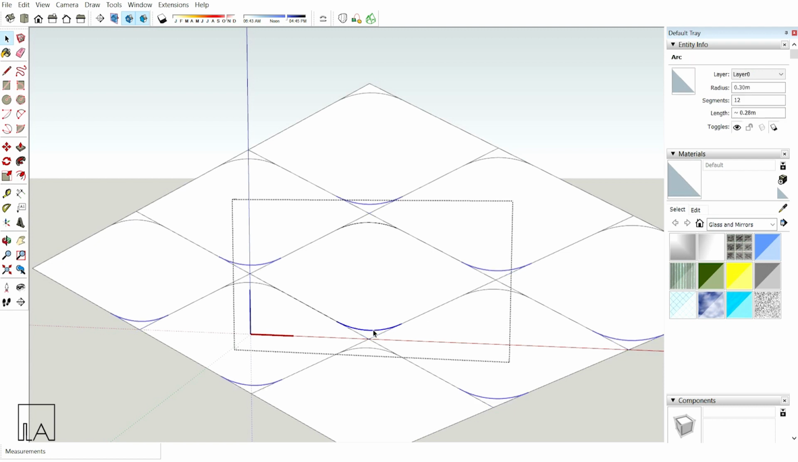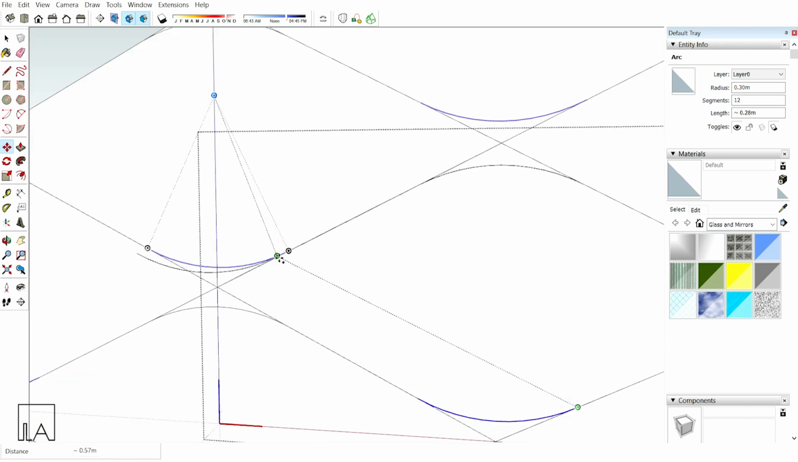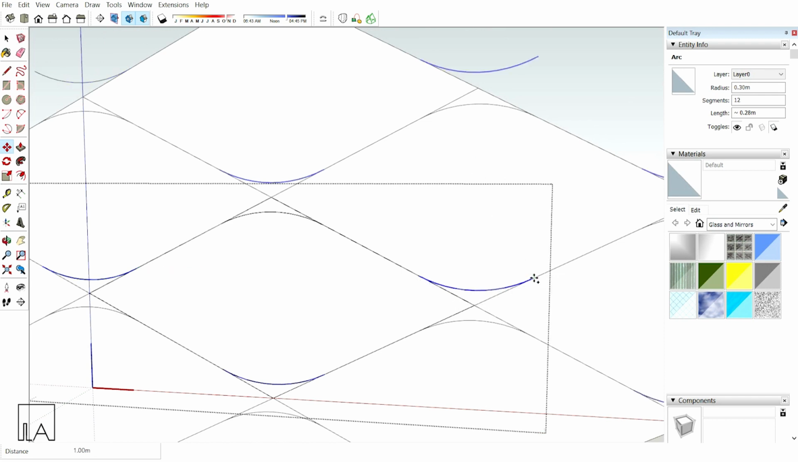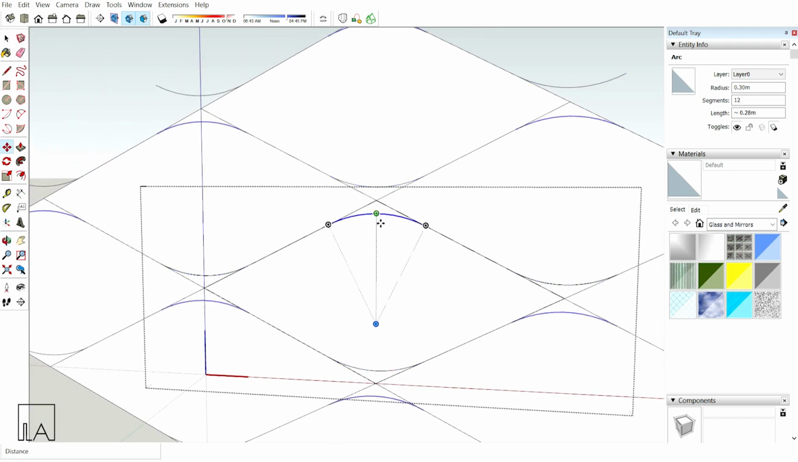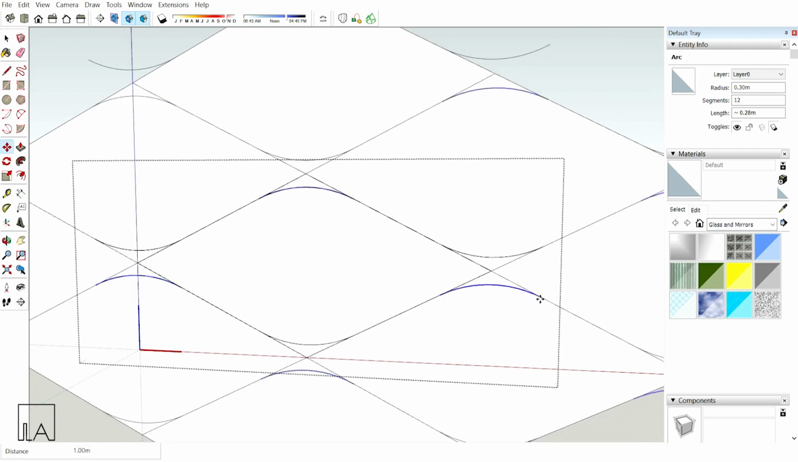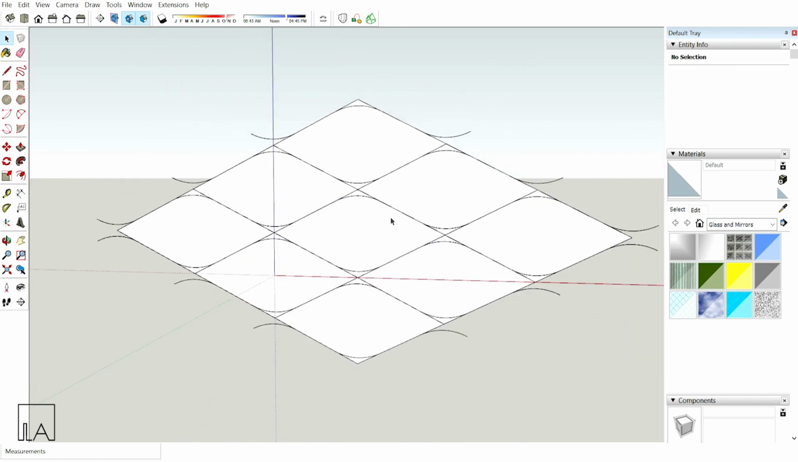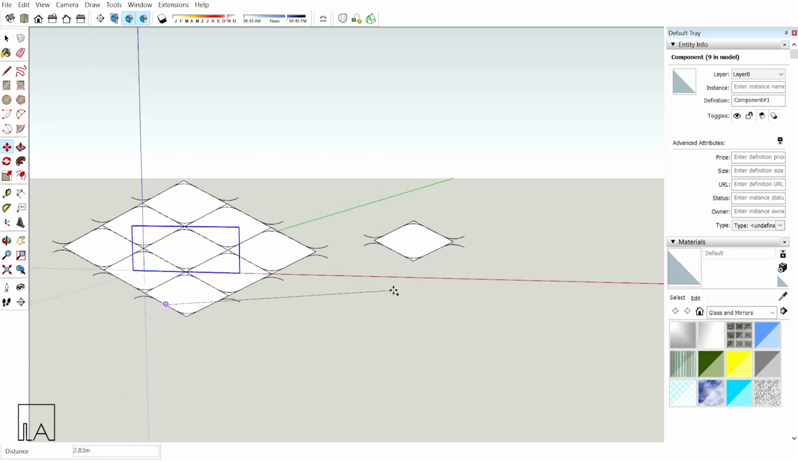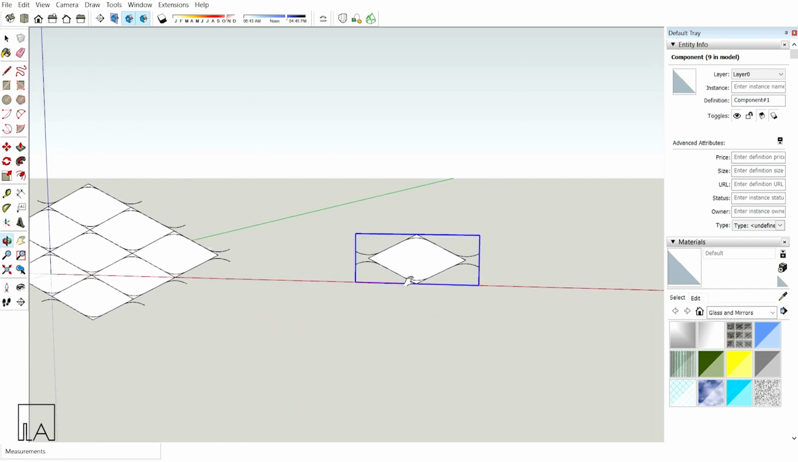I'm going to copy this and place it there. Same on the other side. And copy this one, place it on the opposite side. Now, just select the central one, take it out, have it separated. Now, just go inside,